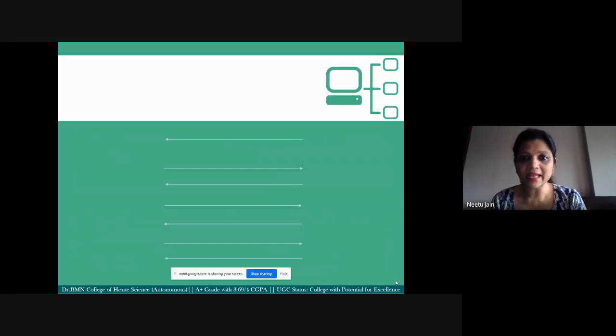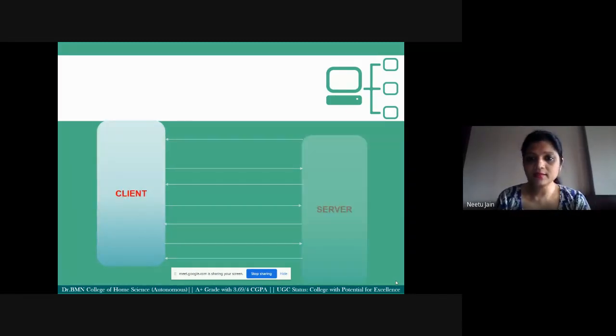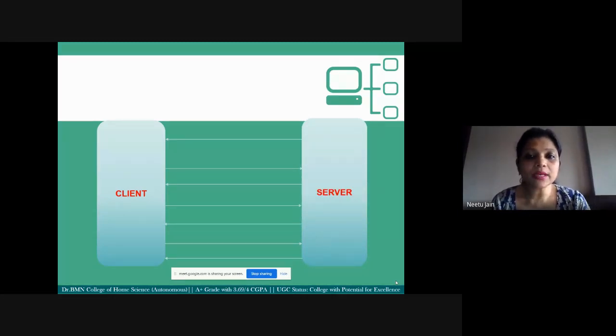Please excuse me for the animation. Okay, now this is the client machine. This is the server machine. Now let's see the communication that happens between the server and the client. This again is a set of primitives that I am explaining for connection oriented service.